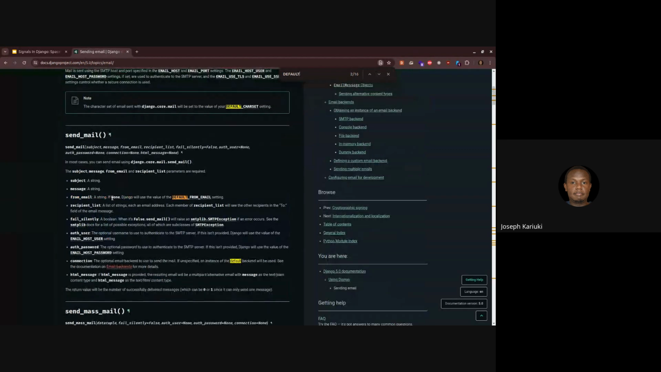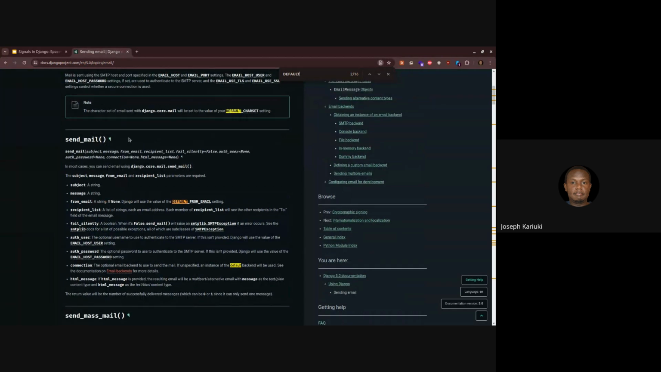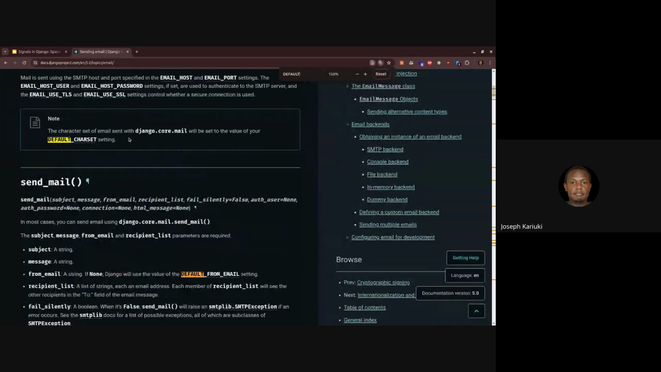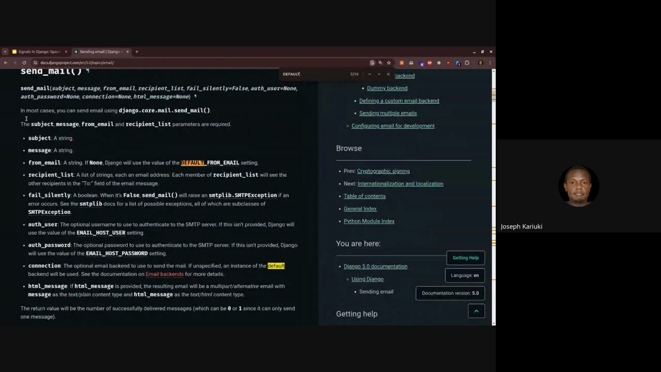Yeah. So if you look at this, let me zoom into this a little bit here. If you look at this send mail, we have the from email, it is a string. Actually, subject, message, it is a string. If none, and you're trying to send an email using that send mail, Django will look for this default from email. So by default, it is not there in the settings.py file, but